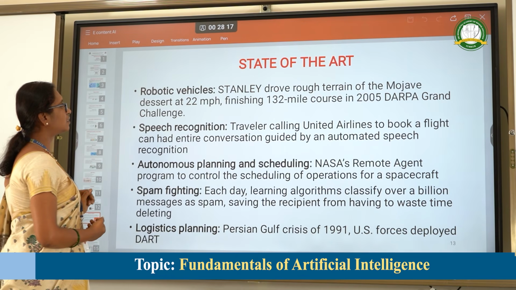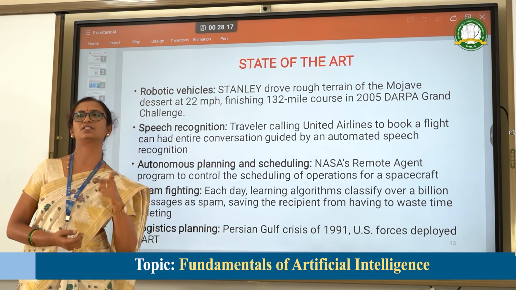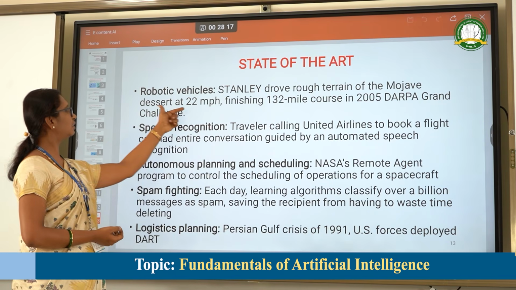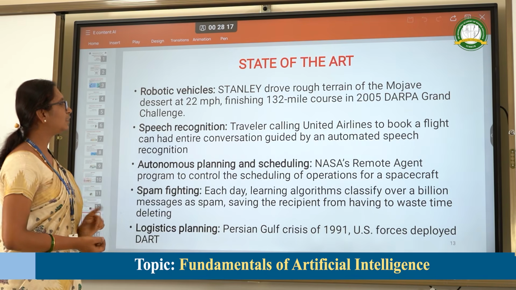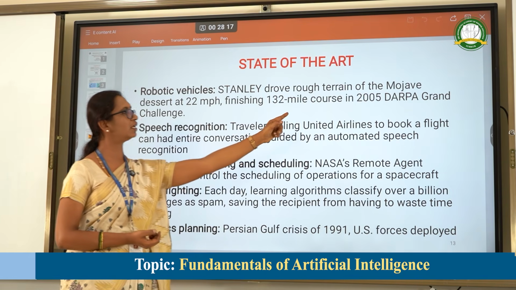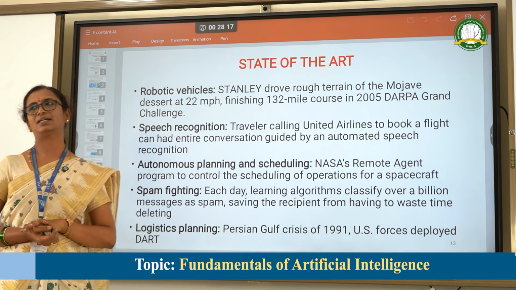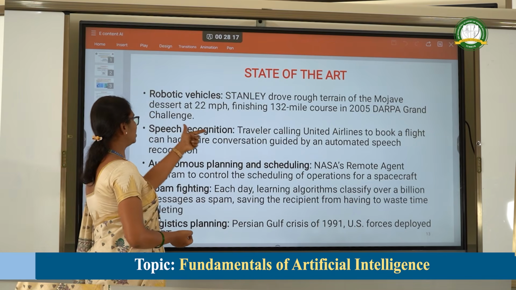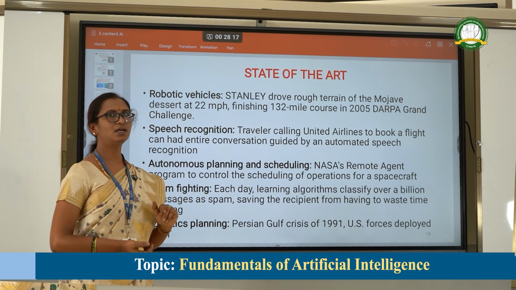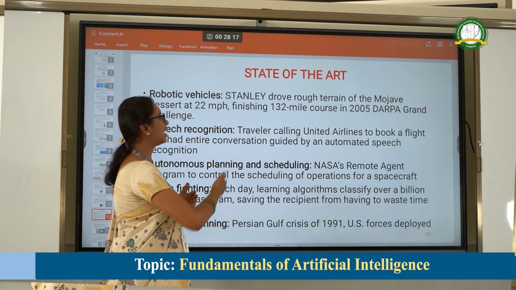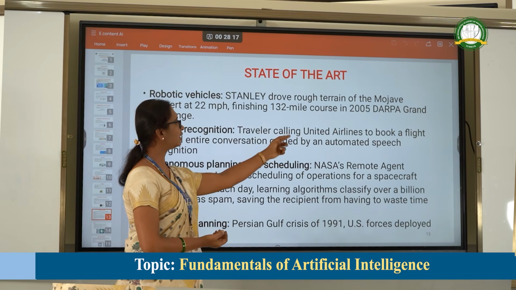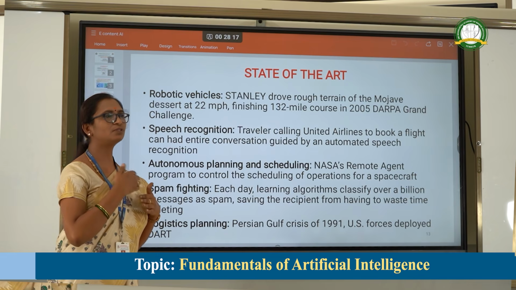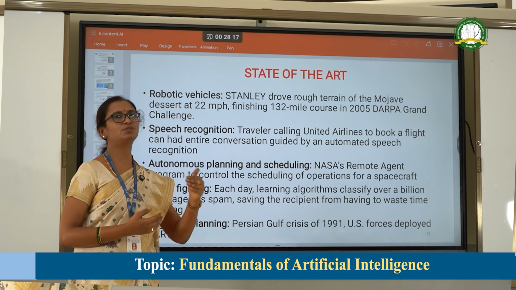Mainly robotic vehicles. Stanley was the first autonomous vehicle, which moved through the desert at 22 miles per hour, finishing a 132-mile course in one of the DARPA Grand Challenges, and it actually won that challenge. We know speech recognition is very important. One good example: a traveler calling United Airlines to book a ticket was able to finish his booking only through this